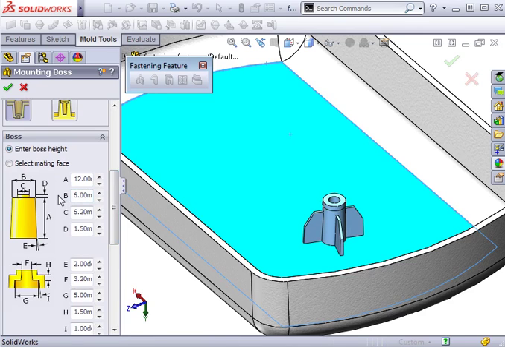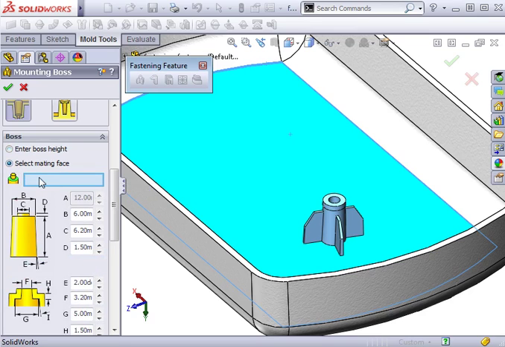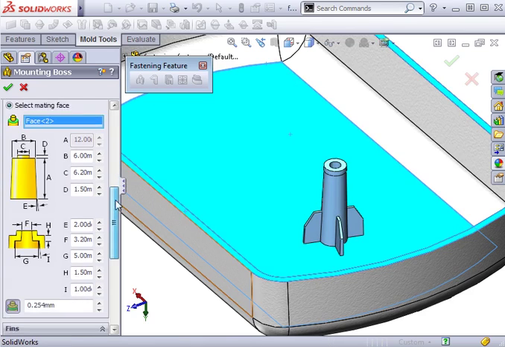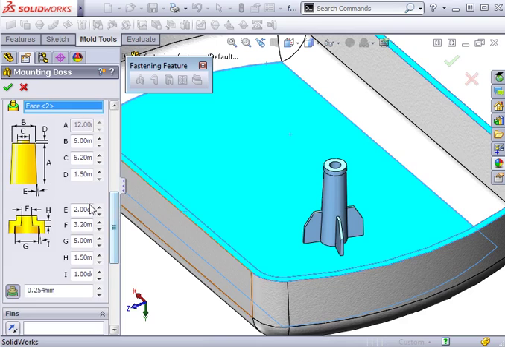The overall height of the boss can be defined two ways. You can manually enter the height, or you can select a surface that represents the mating face. I'll select the thickness of this part as the mating face, and you can see the boss will extend up to the selected face. I'll use 2 degrees for a draft angle, leave the rest of the parameters as is, and move on to